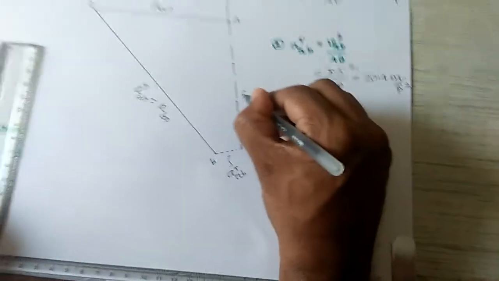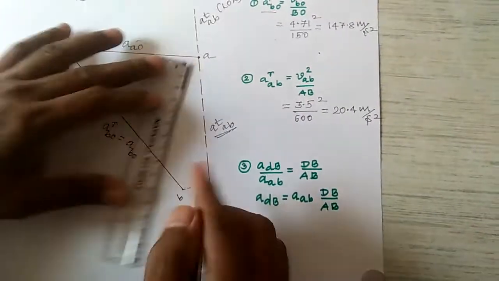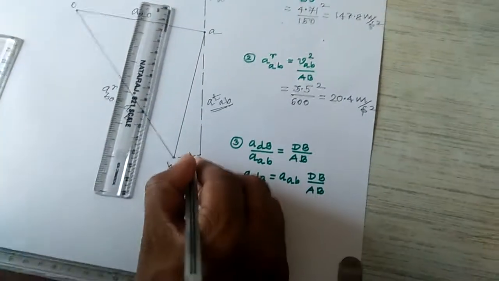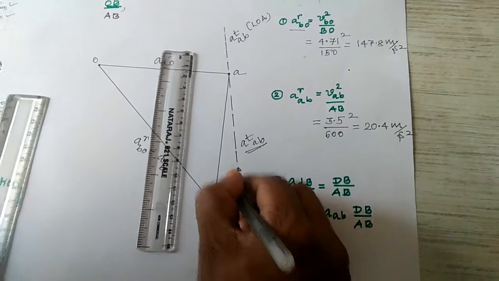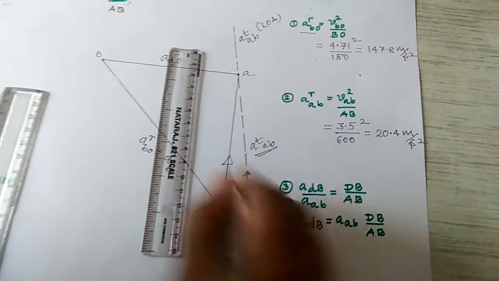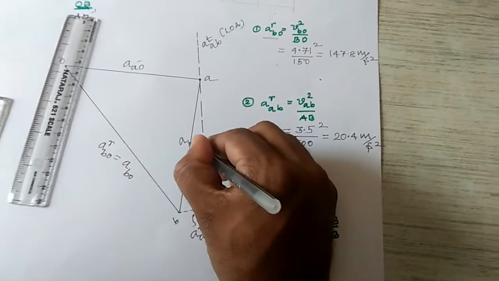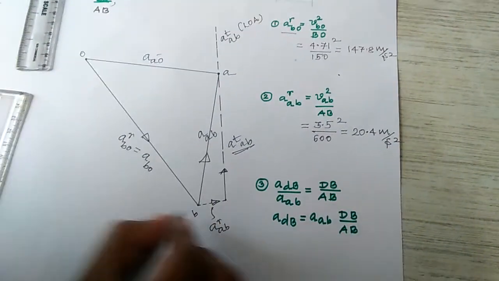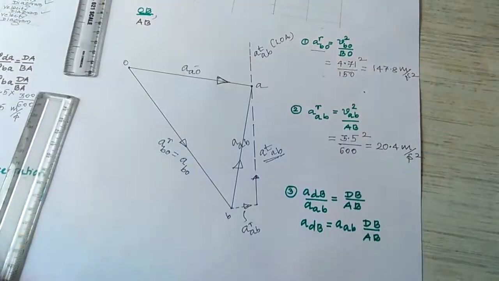From this one, this is the A tangential AB. The resultant you have to draw. This is the total acceleration, this plus this. This direction is this way and this is upward. The resultant should be this way. These both are going in one direction. This resultant is nothing but the total acceleration, the acceleration of A with respect to B. First you got this one, and the resultant is for this. For the acceleration also, you go for the resultant.